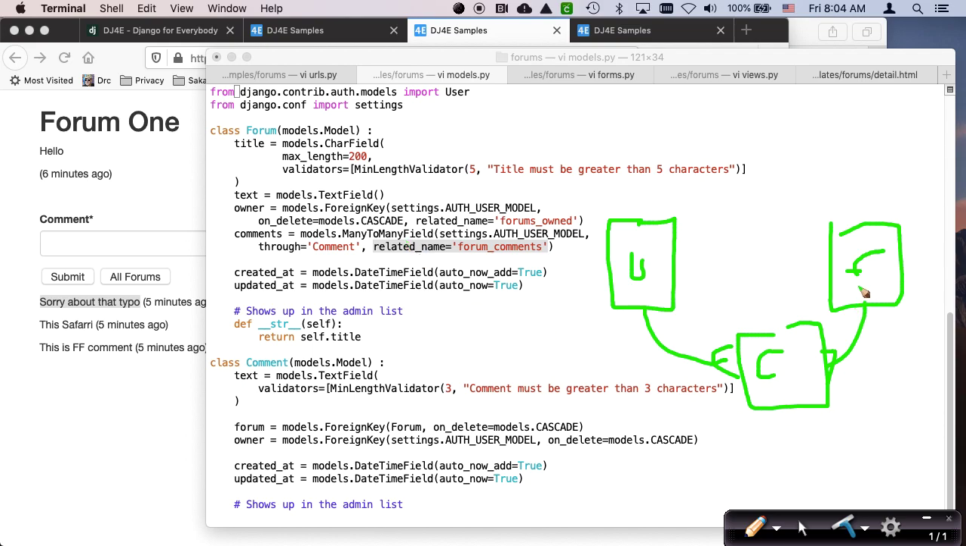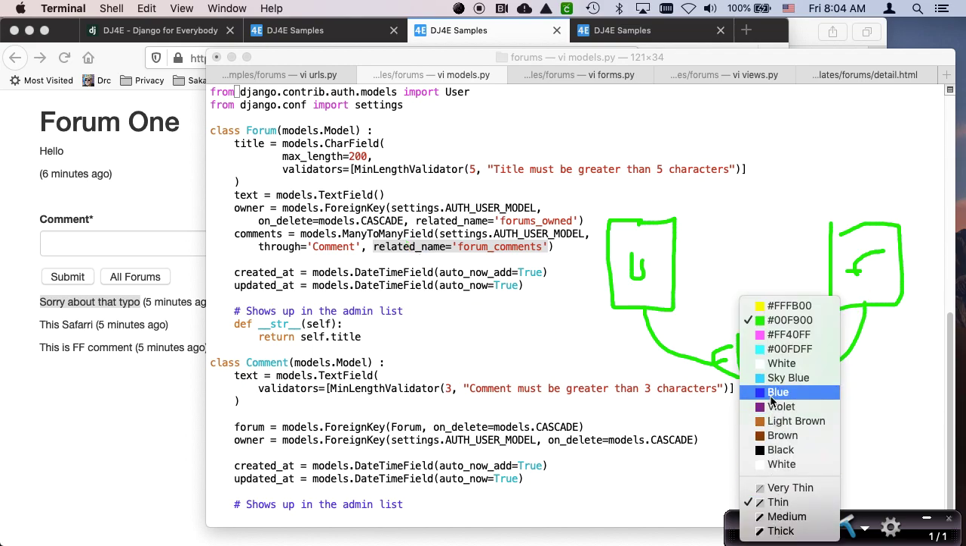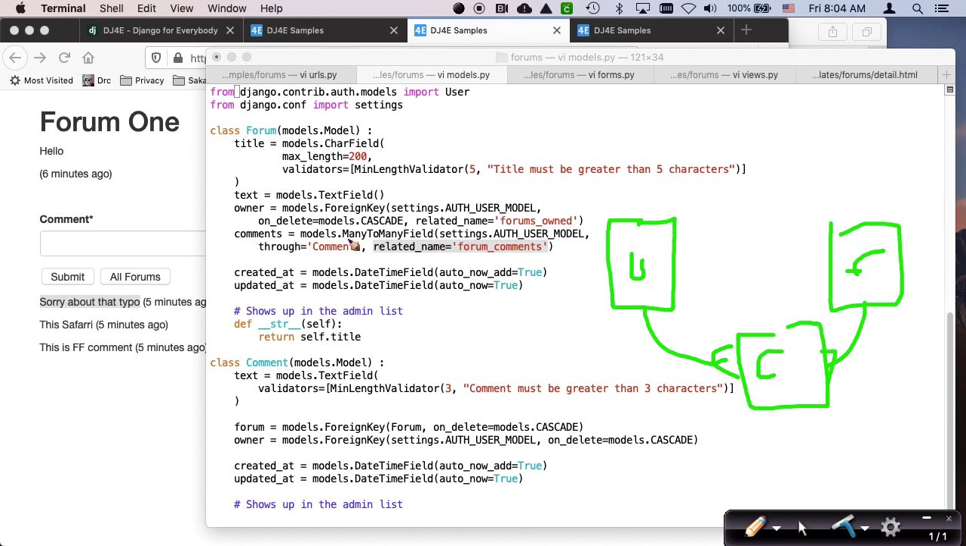And so, in a sense, what we're seeing here basically says that there is a relationship between forums and users, and it is in the comments table. The table that it goes through is the comments table. That's what the through means. And then the related name equals forum comments is actually you're installing in the user object a method, an attribute,